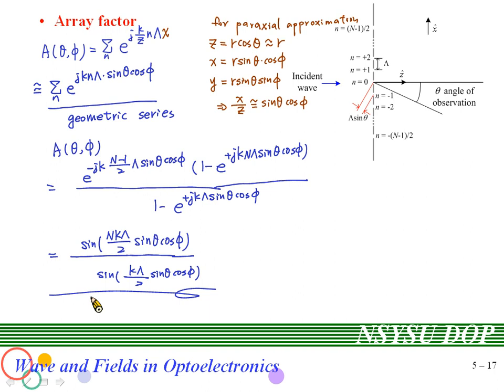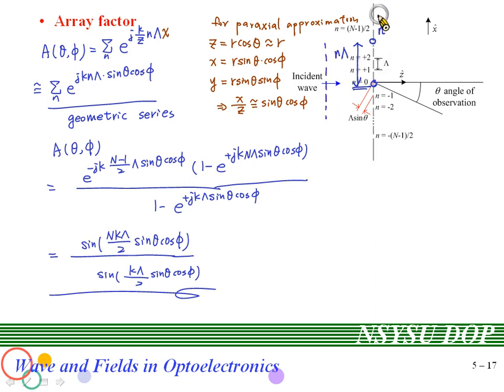And now we want to know how we get the array factor shown here. Clearly, you see that the array factor is the summation of this term, and what will be the physical meaning of this term? Let us consider two slits. For the center slit, the number is 0. For example, this slit, the number is n, and clearly the distance between these two slits will be n times capital lambda.